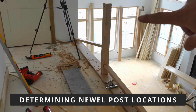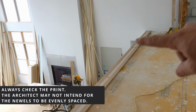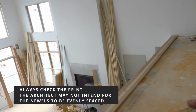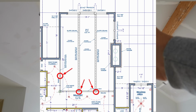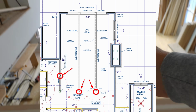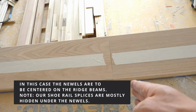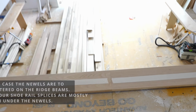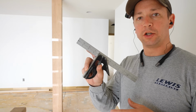I've already got one newel post installed, which I'll show you how to do in a little bit. I'll have 2 newel posts up here. The location is determined by these beams in the ceiling. I'm actually bringing the line straight down, and the splice here on my shoe rail is also the center of my newel post. We'll go ahead and mark the center of our shoe rail using a combination square or a